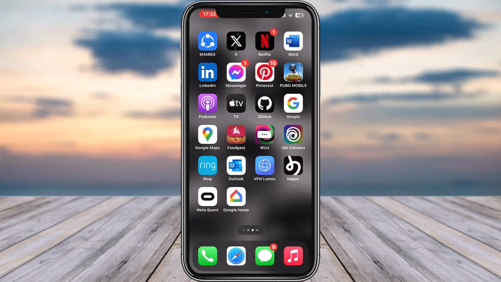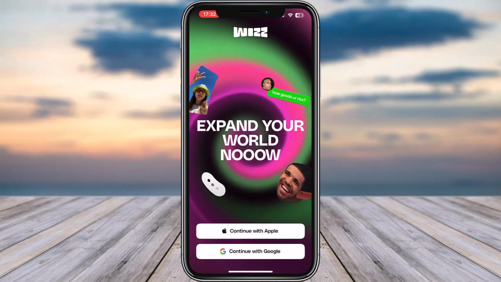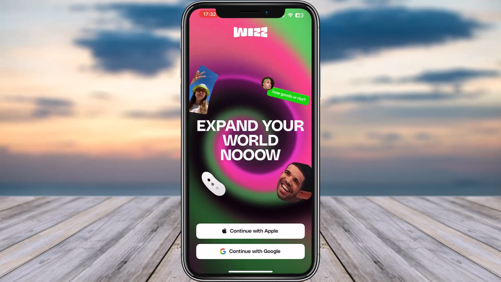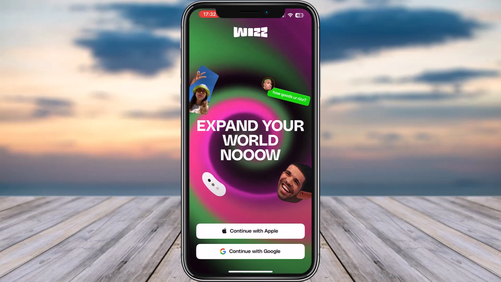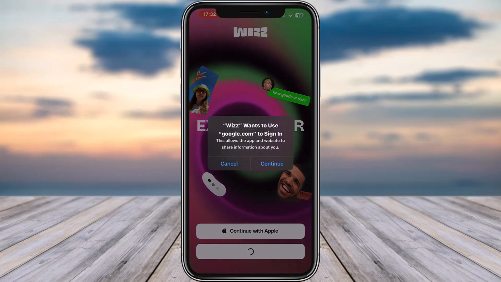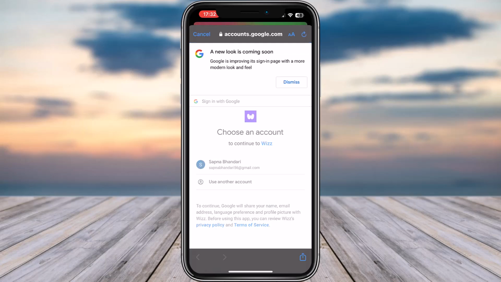For that matter, first of all, go ahead, access your Wizz app on your mobile phone. Upon doing that, you will have two options, which is continue with Apple if you would prefer Apple ID. Otherwise you have the option of continue with Google. Simply go ahead, tap on it, tap on continue. Now choose the account accordingly,